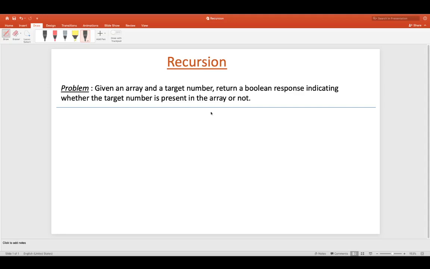Hello everyone. In this video, we are going to write a recursive logic to check whether a given number is present in an array or not.